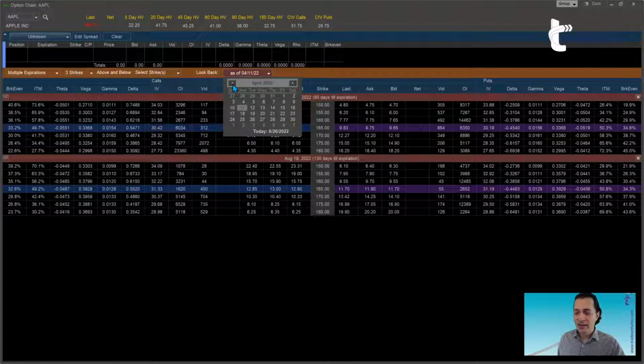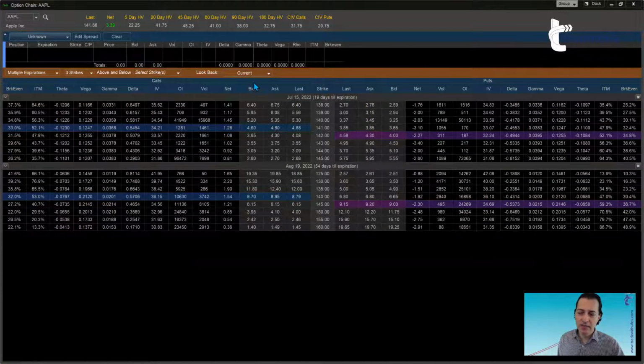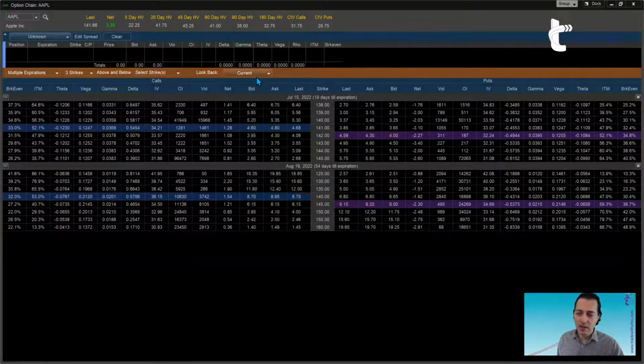Okay. Of course, if you want to come back, you can just go back to the current date and click on the current date, or just click here where it says today. You click on today, and the word current appears, and therefore everything on the option chain is now showing real-time data. Okay, at the time of this recording, if you're watching this recorded, this is Sunday, so the markets are closed. Therefore, what we see is end of day data from the Friday session, which is the last trading day.